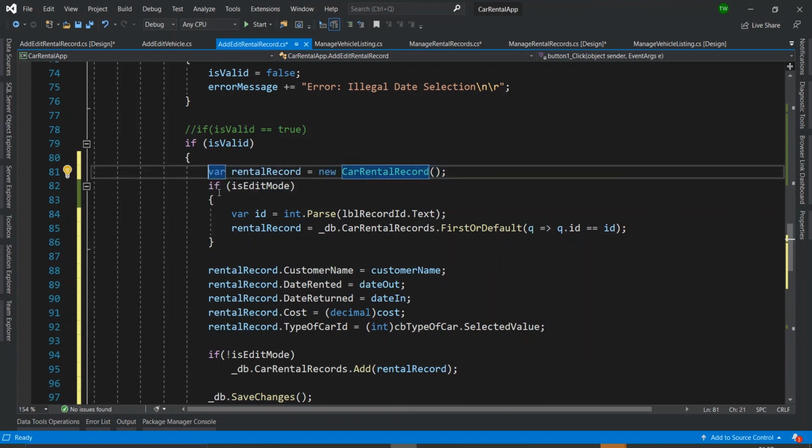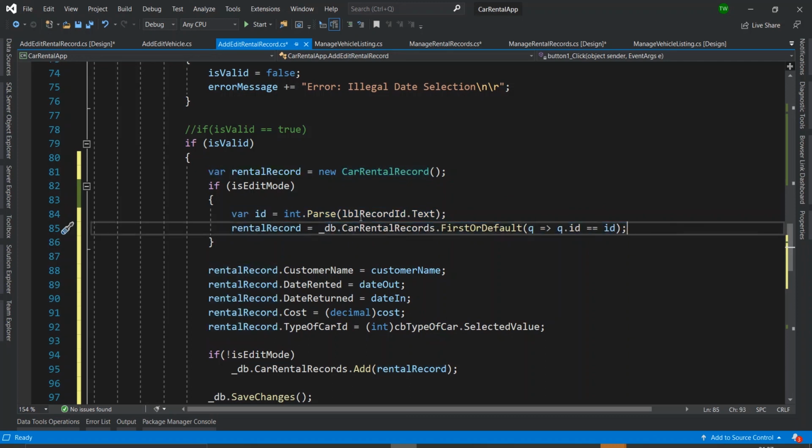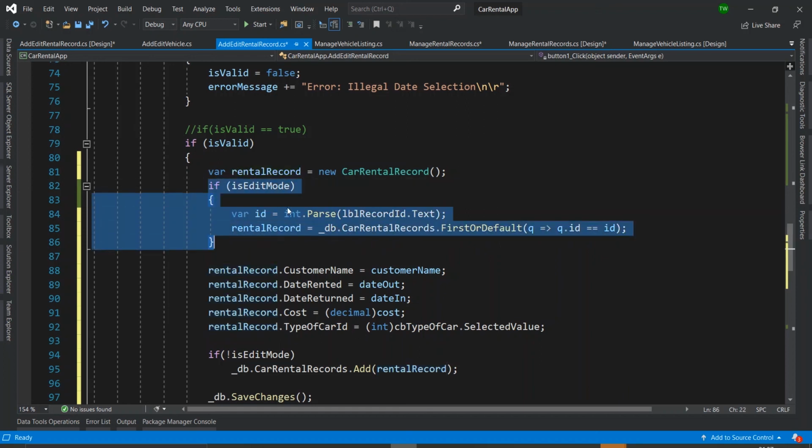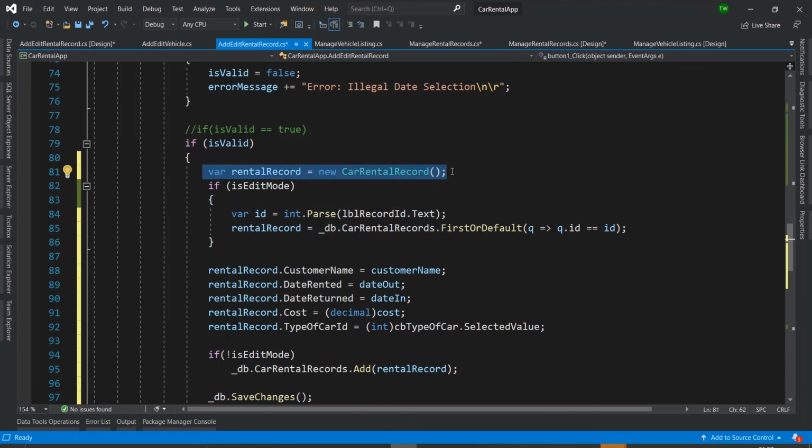Next, I check if it is edit mode. Then I want to retrieve the ID, retrieve the record from the database, and set that as the value of rental record. So if it is not edit mode, then this is still just a blank object of car rental record. It has no value yet, except the fact that it is an initialized object. If it is edit mode, then we give it the value based on the record that we're retrieving from the